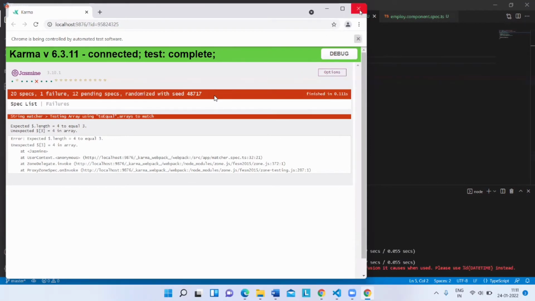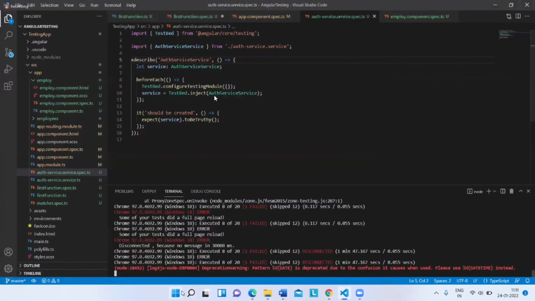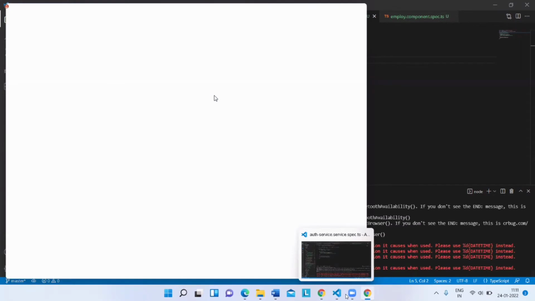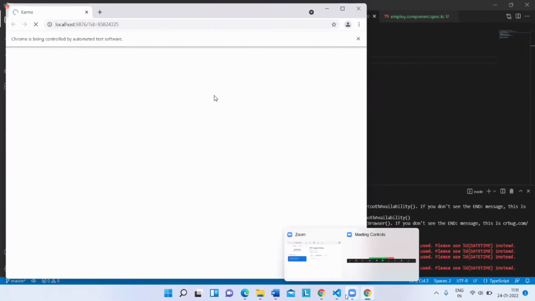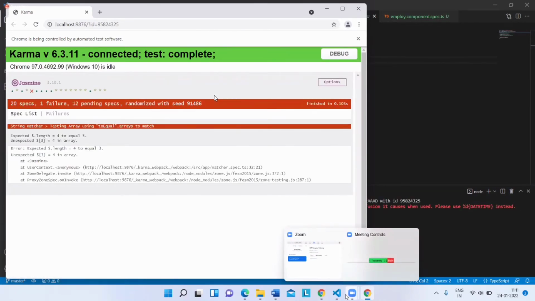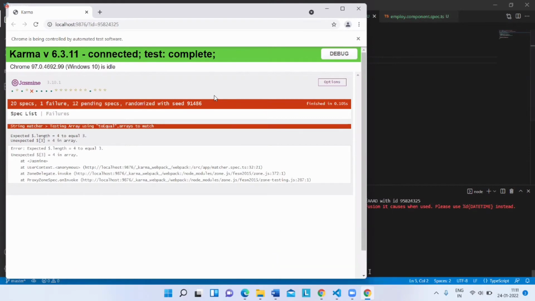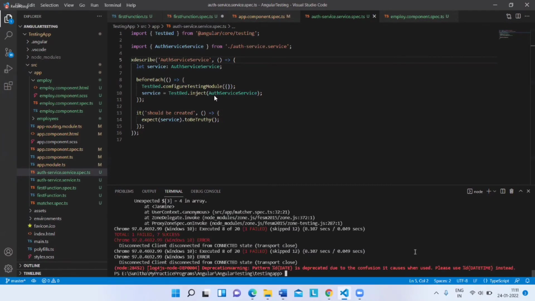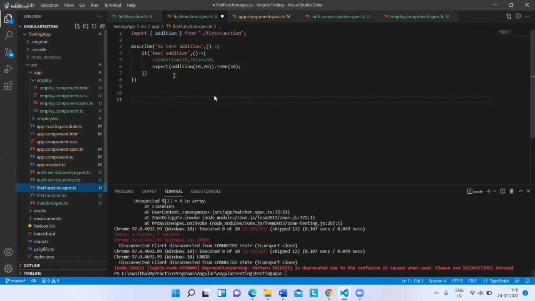Okay. So now even this, when I close it again, it will execute. Again it will execute and it will show me. I'll just close this one. Again it is executing. Okay, so now what I'll do is stop this by giving Control C. So now you understood this part of it, this spec.